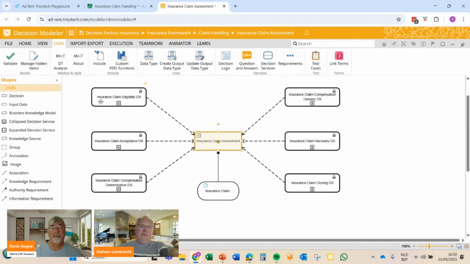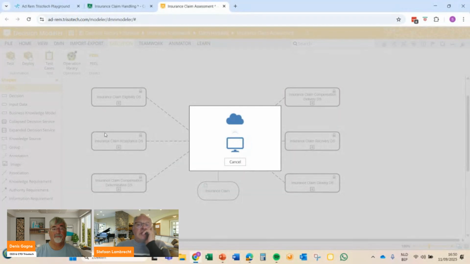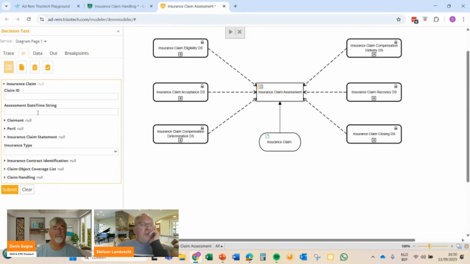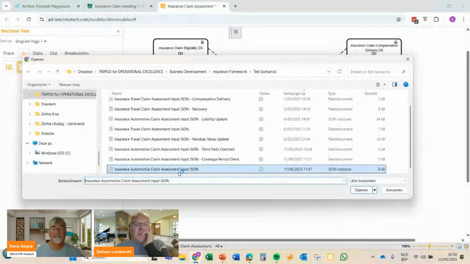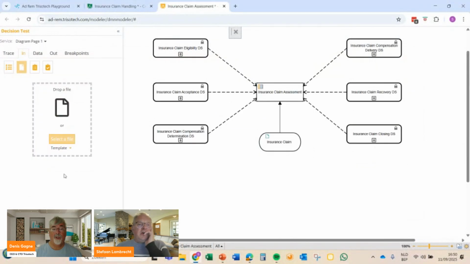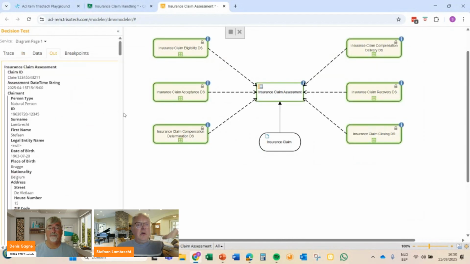Okay. And what we did previously was only testing this one, but with the same input, I can really show you how a full assessment is made. And I'm going to pick another scenario here, a scenario that is, let's say, practically straight through processing of a claim. So not with a coverage period problem. So what we do there is we say, okay, I'm going to take this one. It's an automotive claim. I'm going to submit it. And okay, it fully ran.